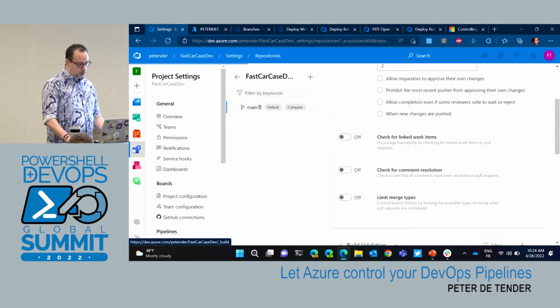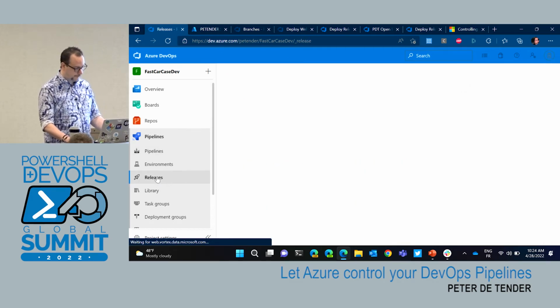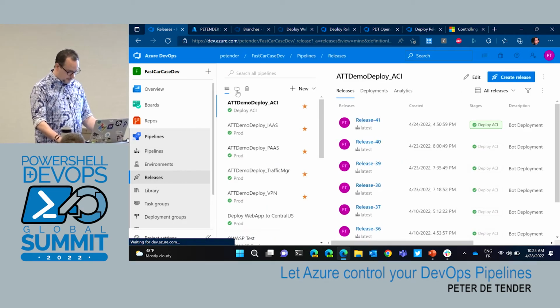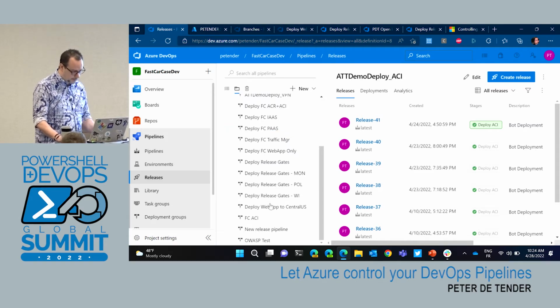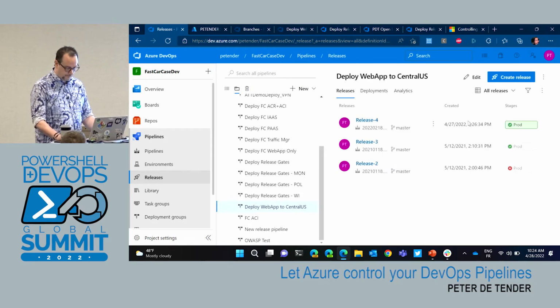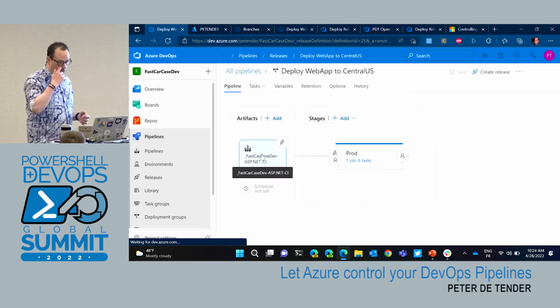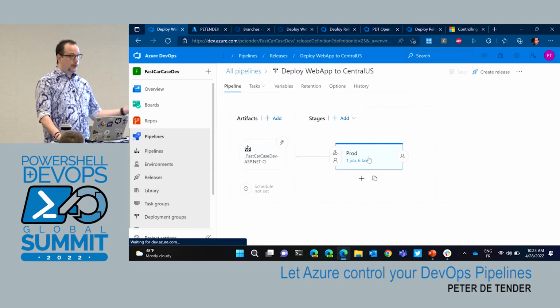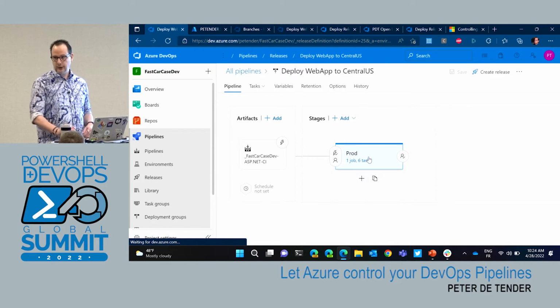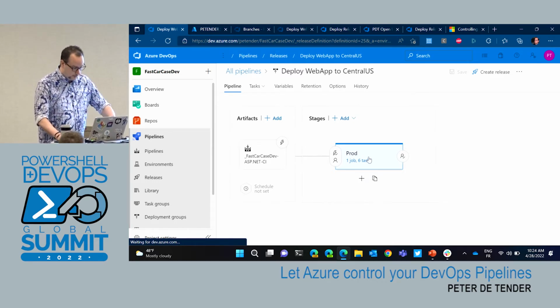From here, we're going to move to pipelines, because that's in the end what DevOps is about. Just grabbing one example. So I've got my artifact, that's the outcome of running my compile pipeline. And from there, I'm going to move it into production straight away. Not the best example, you should never push something straight to production, but I'm just simplifying the scenario a little bit. So what we can do here